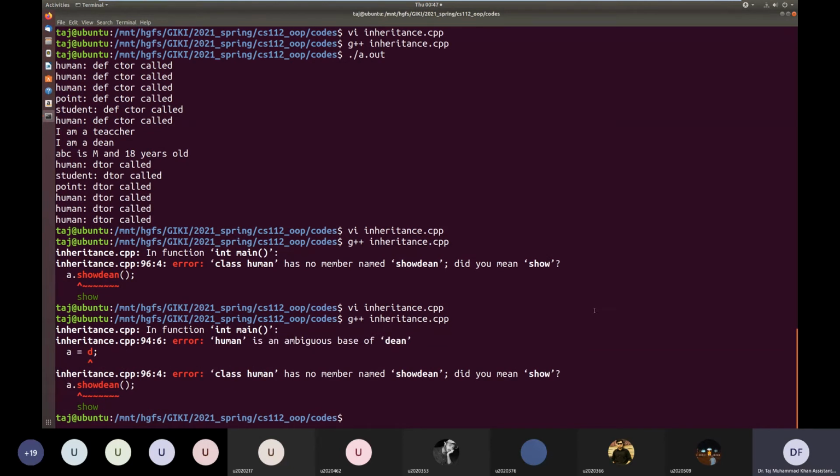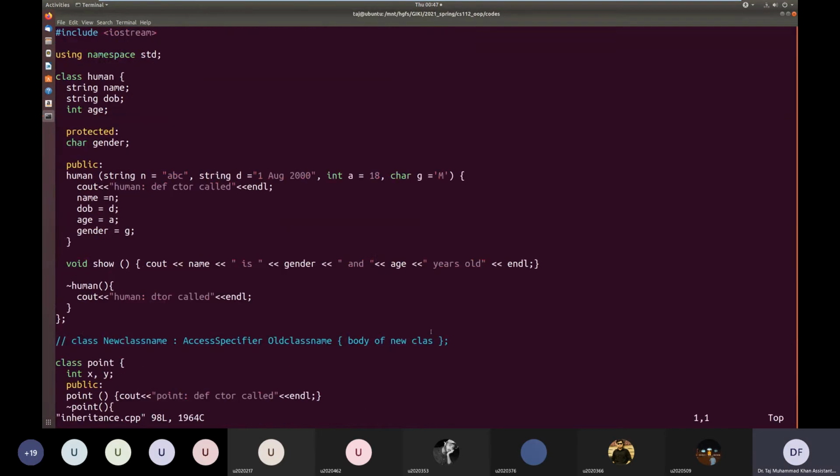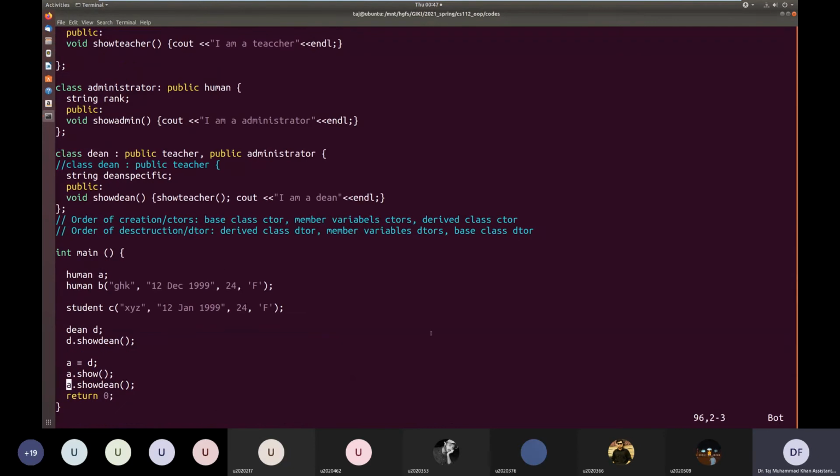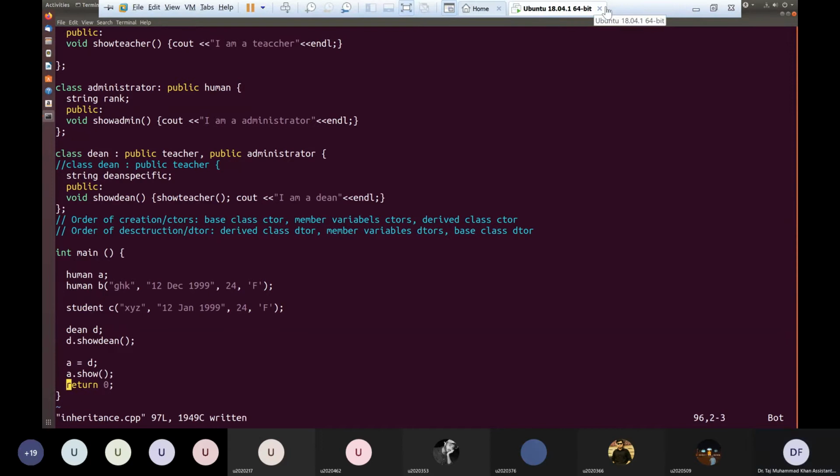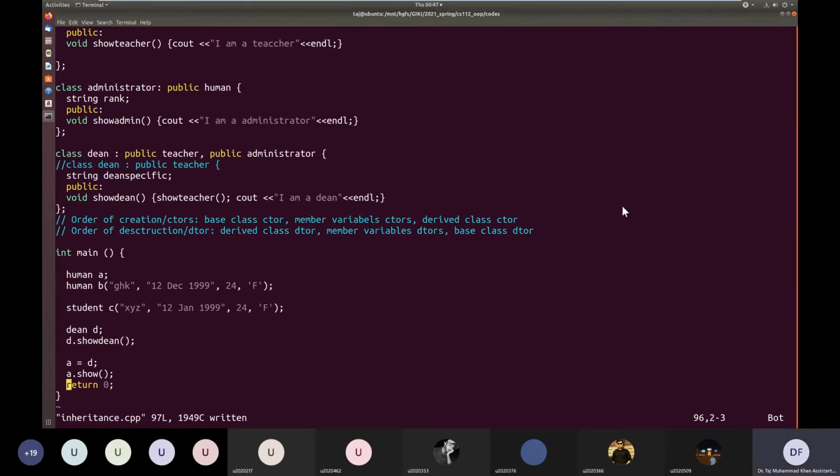Okay. So here it is basically giving an error that human is an ambiguous base of Dean. So what is ambiguous? What does it mean, ambiguous? Can anybody guess? What does it mean when it says that it is an ambiguous base of Dean?